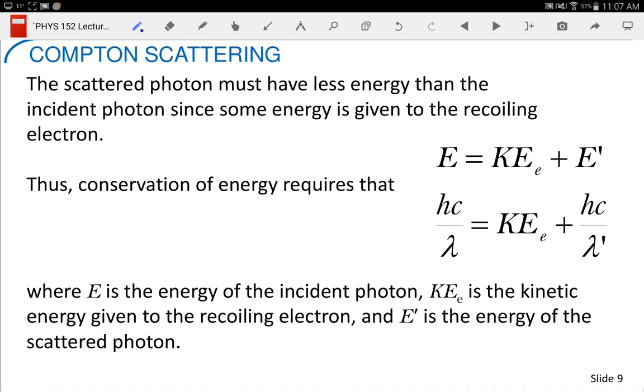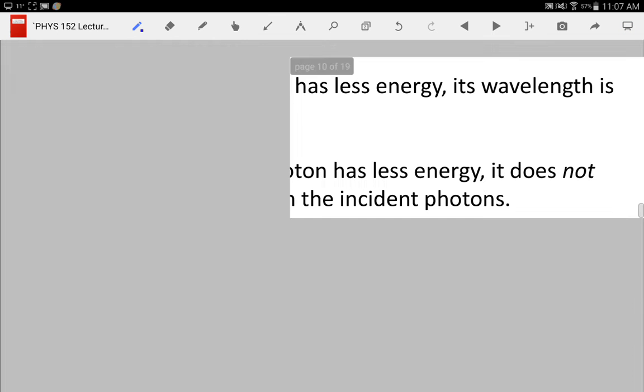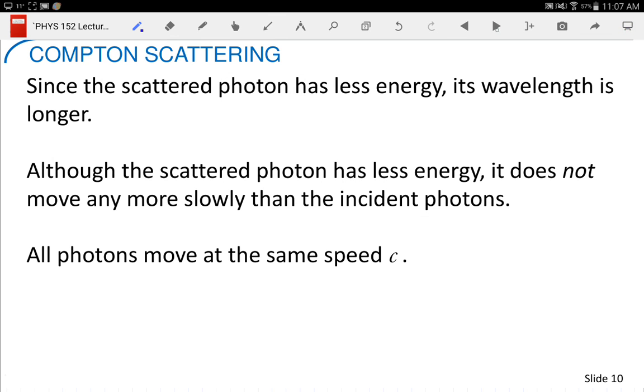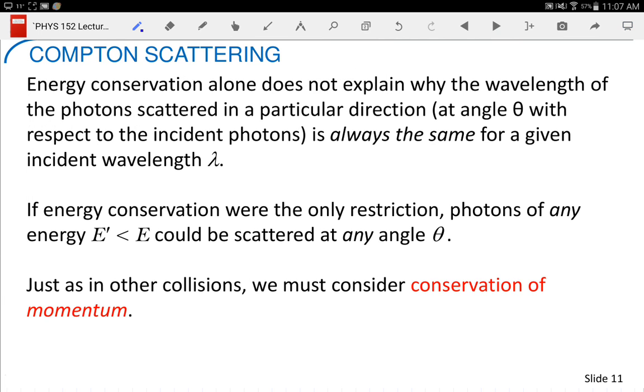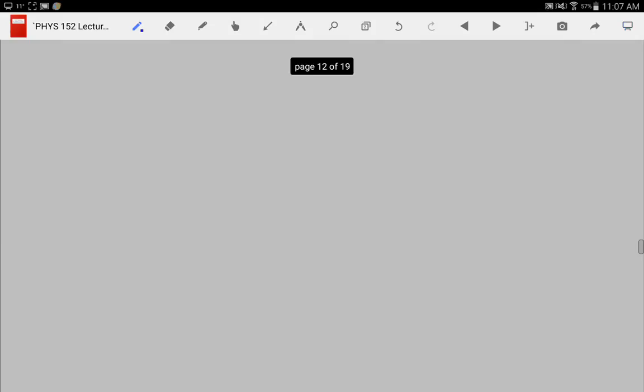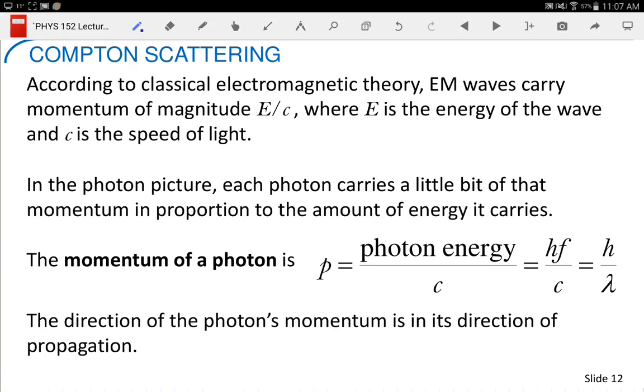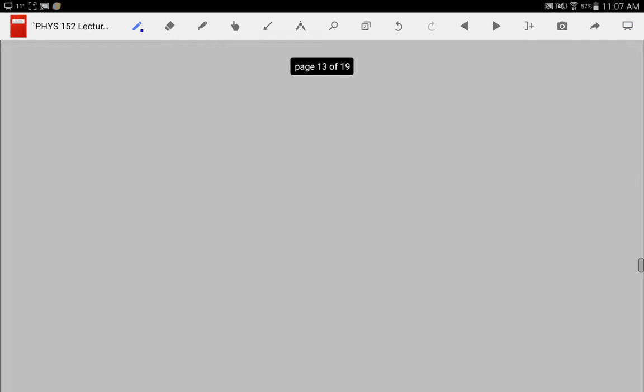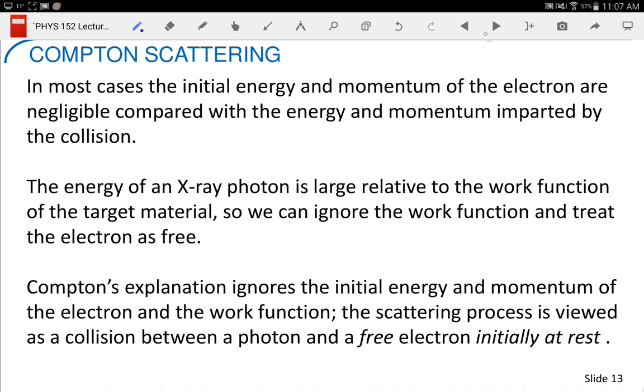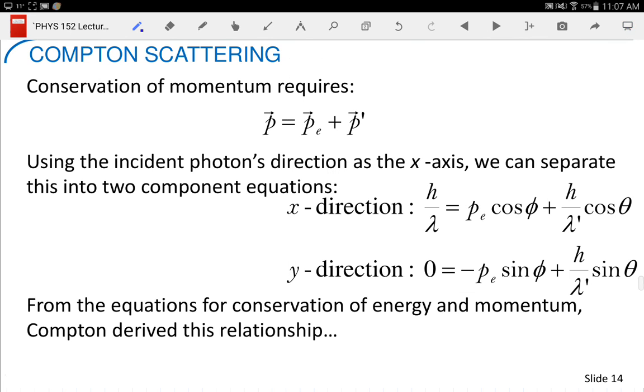So here you see the energy conservation equation, and I went through most of this. The derivation, momentum is photon energy over c, which, if I'd come here, I wouldn't have made the mistake at first, or h over lambda. And so conservation of momentum gives us these two equations. And finally,